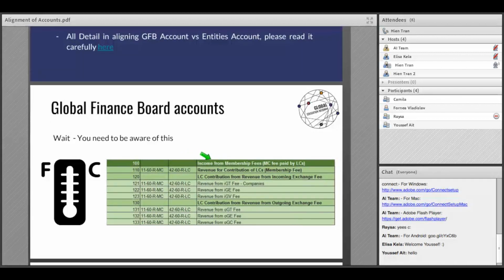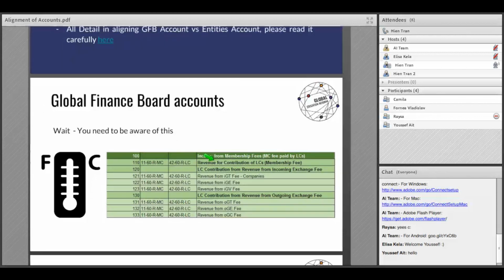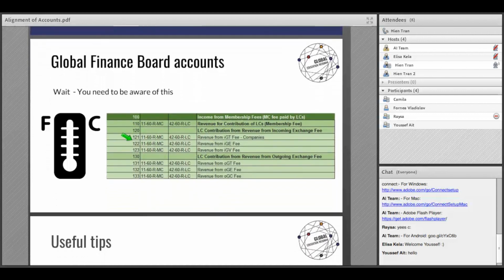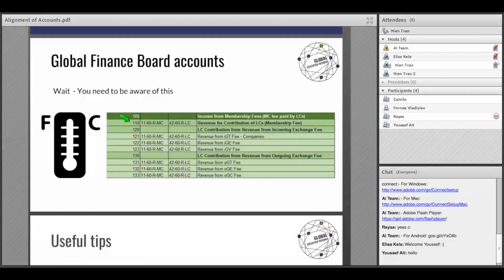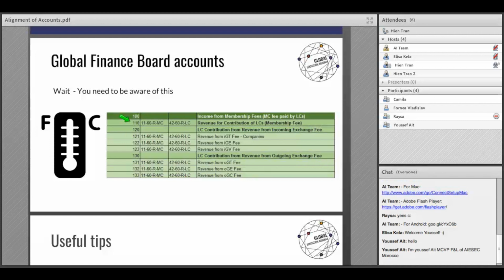Okay, I'm going to continue. We have a description beside the account, so that we can really understand what the account is. Your task is like this one. I have done it before. So LC and MC are going to sit together to really see what is